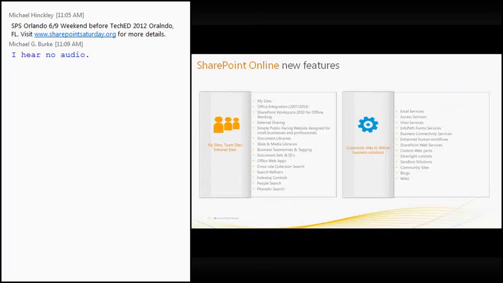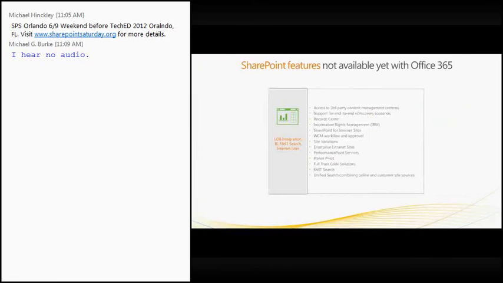Then we move on to the services part: Excel Services, Access Services, Visio Services, and InfoPath Services. That right there, you're connecting into the on-premises enterprise edition. So once again, this is a very good deal to go online if you can build this around your business goals and needs.